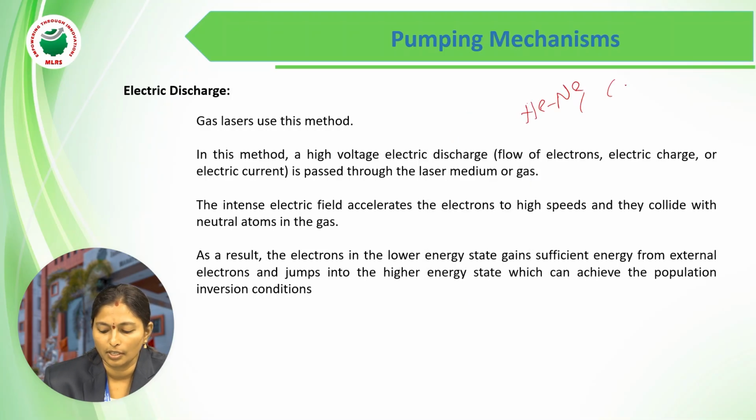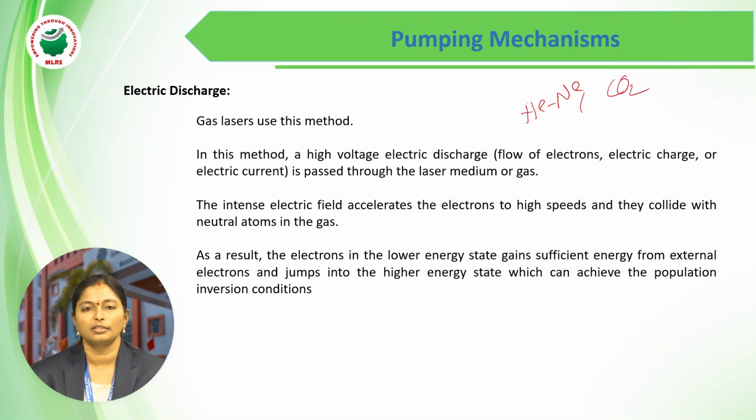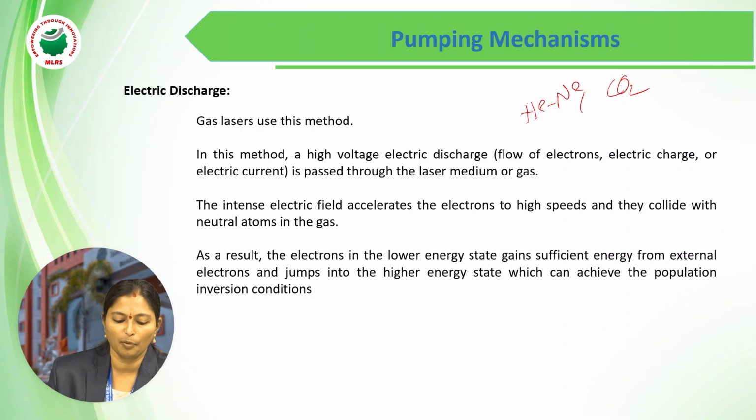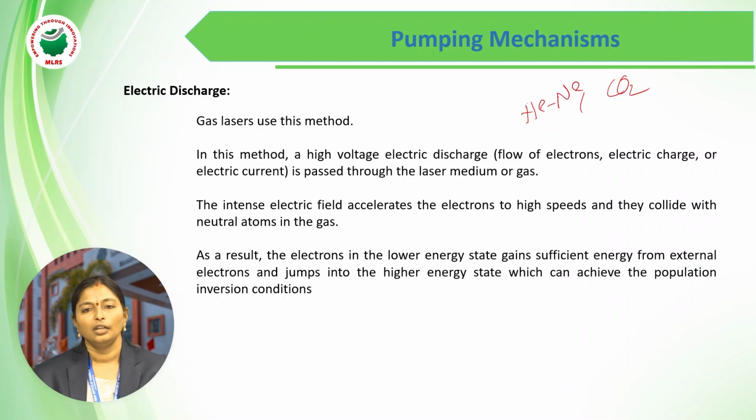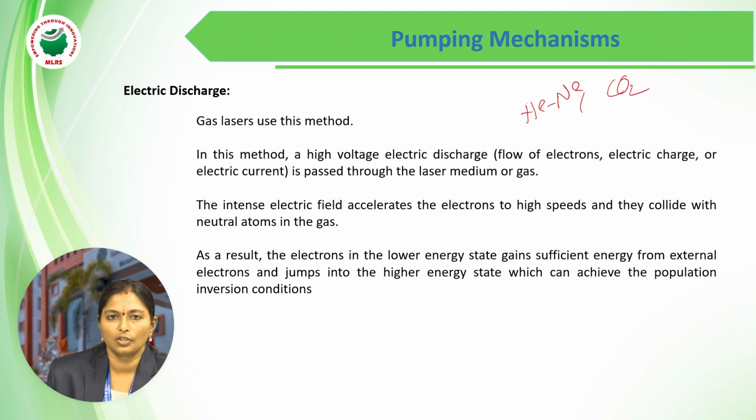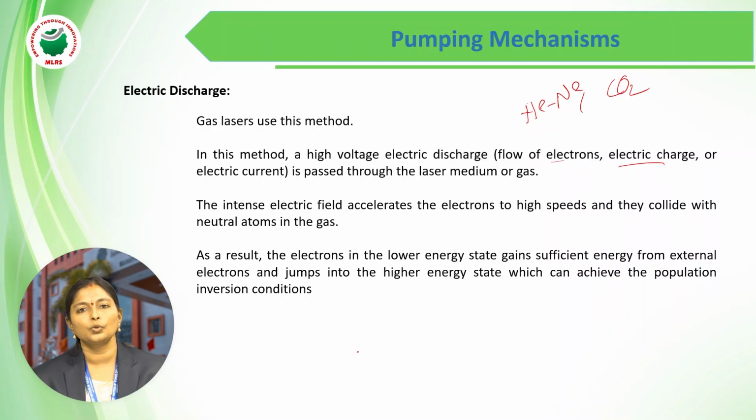And the second one is carbon dioxide, CO2. For these two types of gas lasers, we are going to use this type of pumping mechanism. So what is this electric discharge? You see here we are using a high voltage electric discharge. High voltage electric discharge means the flow of electrons, or electric current, is passed through the laser